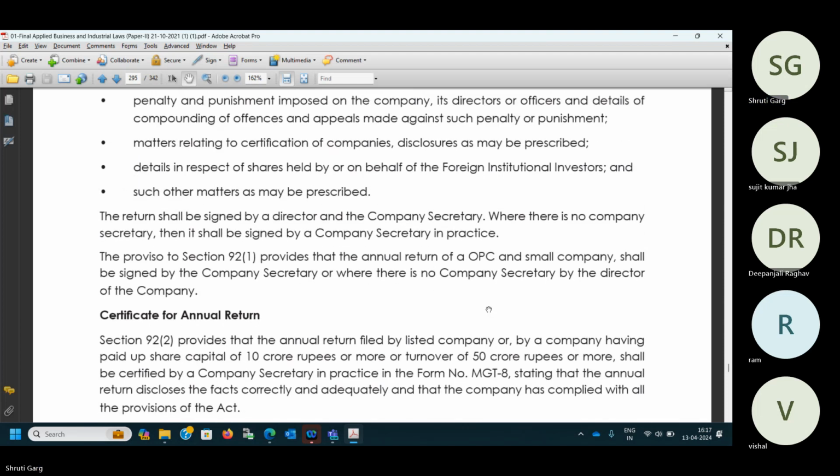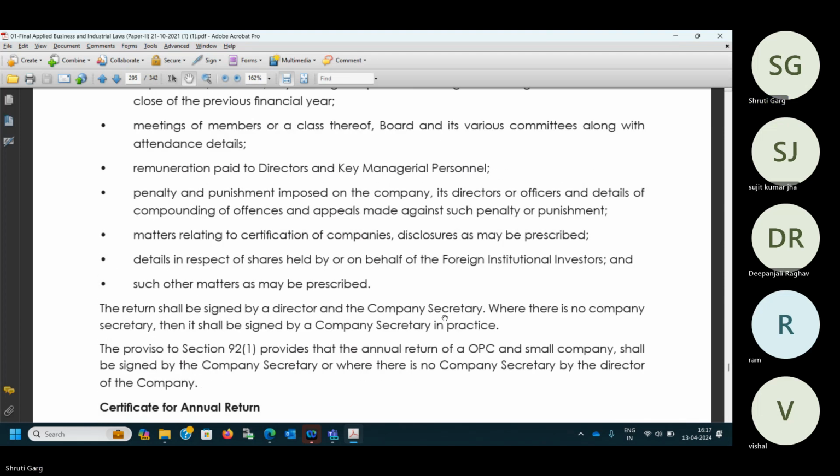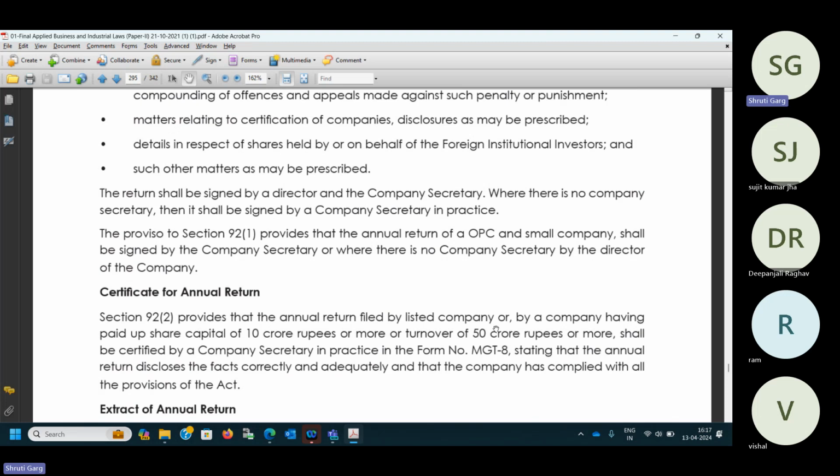See, these annual returns, from here to here, this is for the small companies. This is for the small companies, right? This is for the normal companies. Normal means unlisted companies, private companies. Clear? But when we talk about the listed company